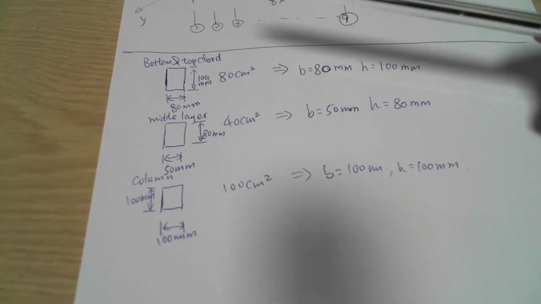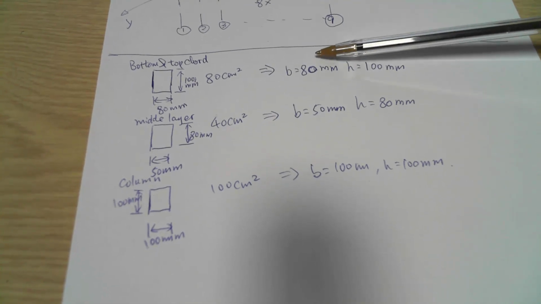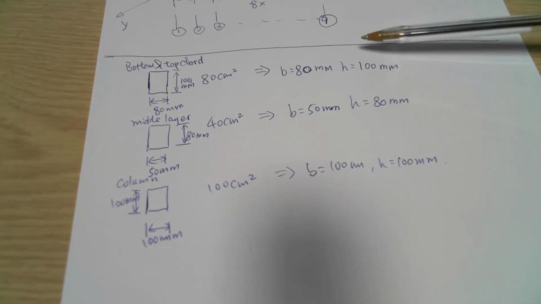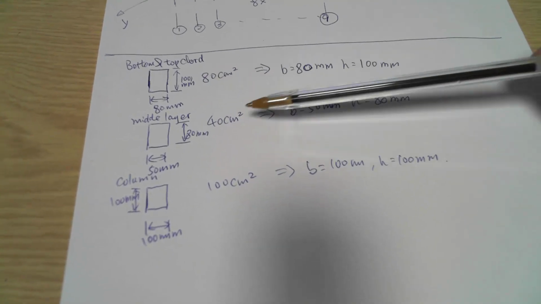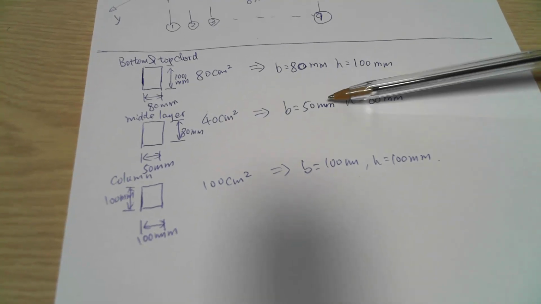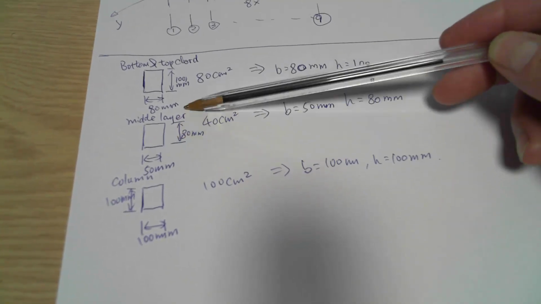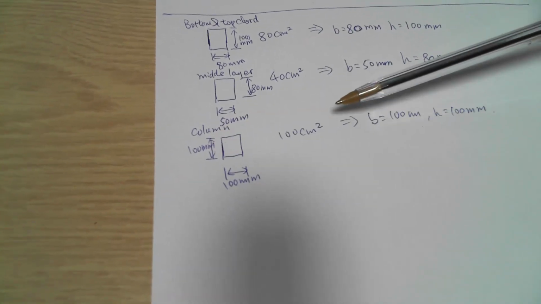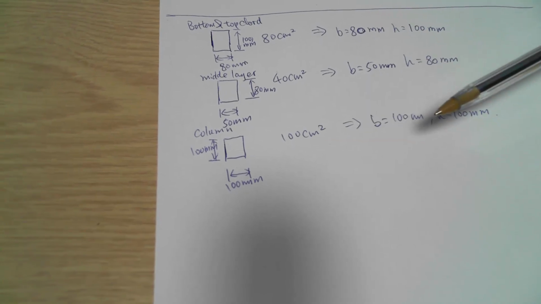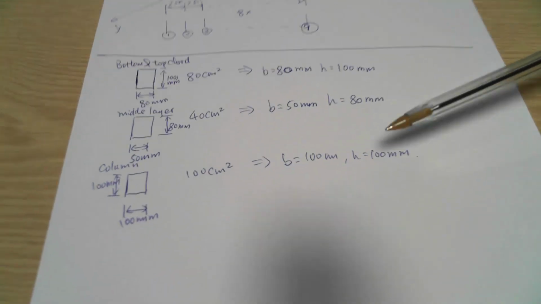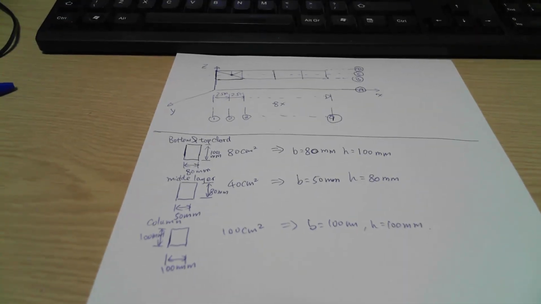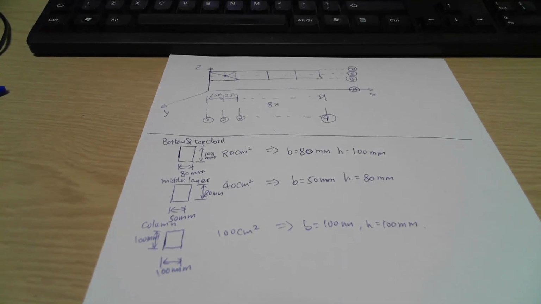And the dimension is given in here, so 80. So let's assume you got the 80 by 100 millimeter cross section. For the 40 centimeter square, we have a 50 millimeter times 80 millimeter, so that's the dimension in here. For the column that we got in there, it's 100 by 100, so that gives you the cross section. This is all the information we have, and then we can come back to the windscreen and start to model this one in